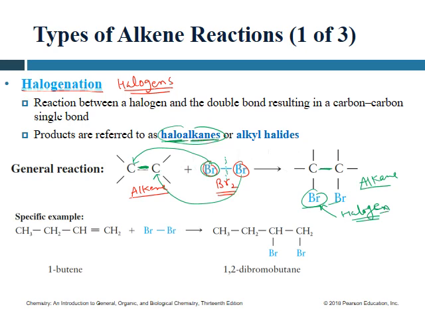So let's see one of the actual chemical reactions that is going on. You have 1-butene, carbons 1, 2, 3, 4, reacting with Br2. The bond is going to break. One of the bromines will go to the second carbon, the second bromine goes to the first carbon, and the bond is going to break, or else carbon will have 5 bonds, which is not possible. So you have to break a bond. Now you're making a bond, and the name will be 1,2-dibromobutane, because you have 4 carbons. This is your parent chain,